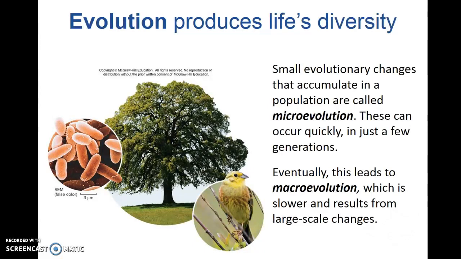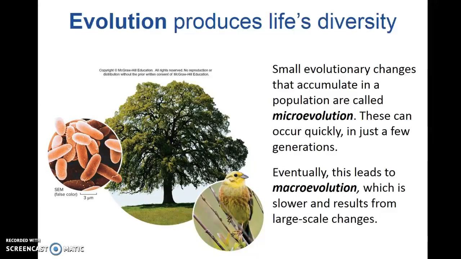So what produced all of this great diversity, all of these individual species and groups? A lot of it has to do with what we discussed in the previous chapter. It's all about evolution, and the small evolutionary changes that have accumulated in populations over time. We call those small changes in allele frequencies, which we discussed with natural selection, microevolution. Populations are acquiring new traits, or one trait is becoming more common than another, and all of those changes in allele frequencies happen on a small scale.